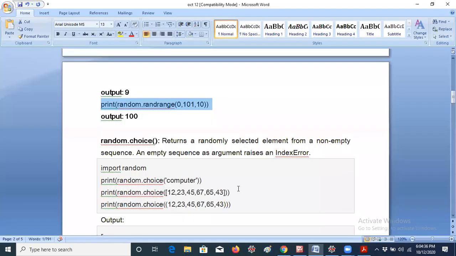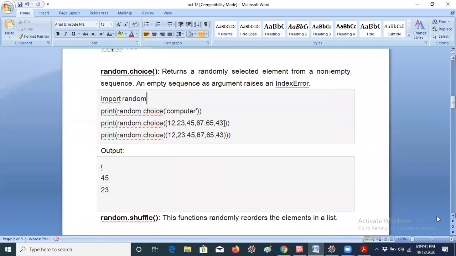So let me move to the next topic. random.choice. It can work with list elements also. Okay. So what are the list elements, sir? For example, if you're giving random.choice like this, you will get values from any sequence we have: strings, lists, tuples, we can get those values also by using this. Okay. So let me explain now.